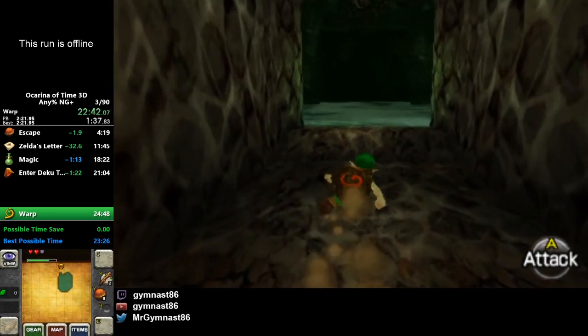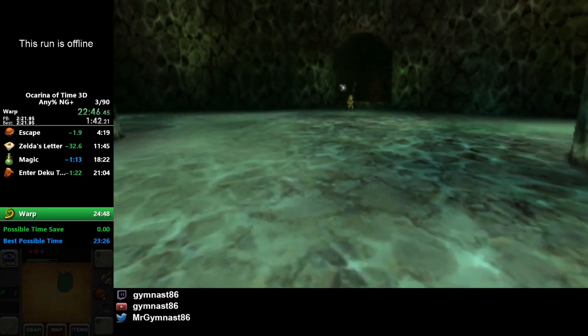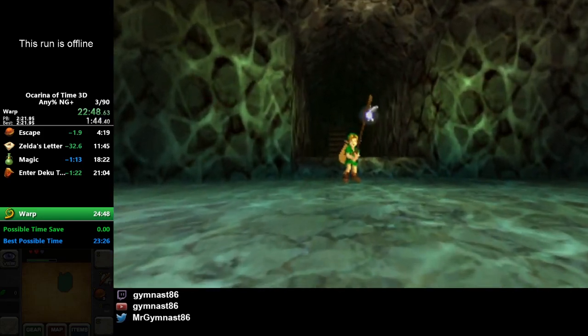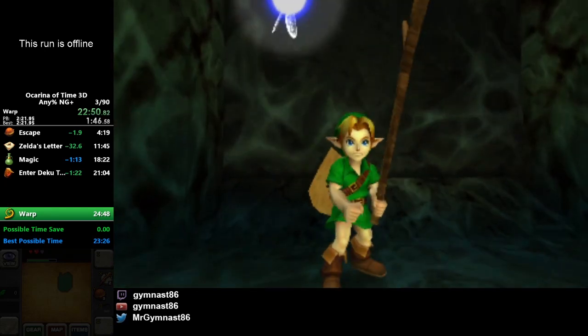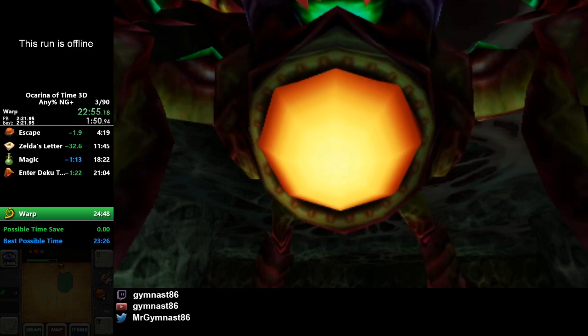Alright, so now we're going to go fight Goma. Goma is basically a 5-second boss fight. Again, the reason we need 2 sticks is for the broken Deku Stick glitch. As the fight begins, I'm going to be throwing a Deku Nut down to stun Goma, and then I'll